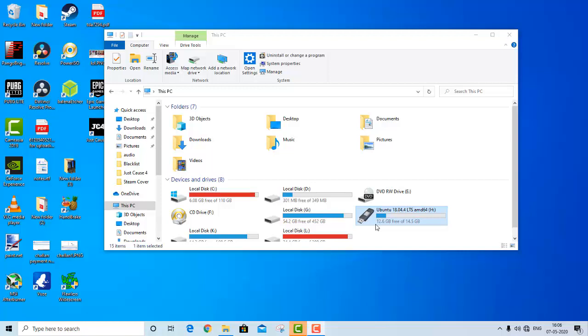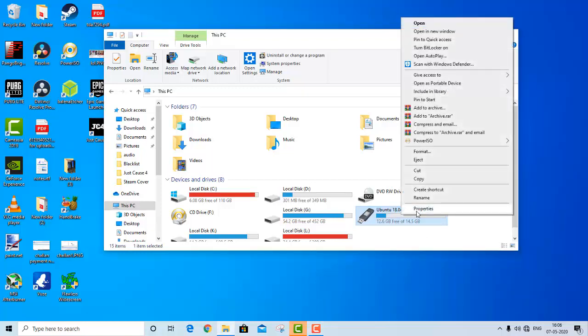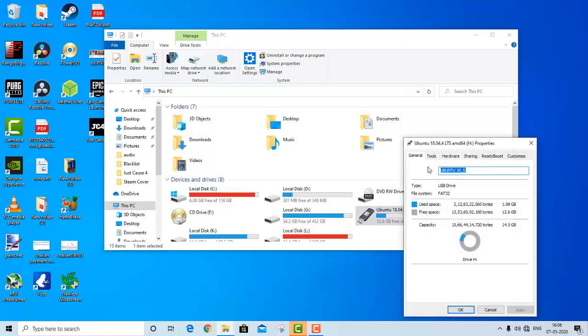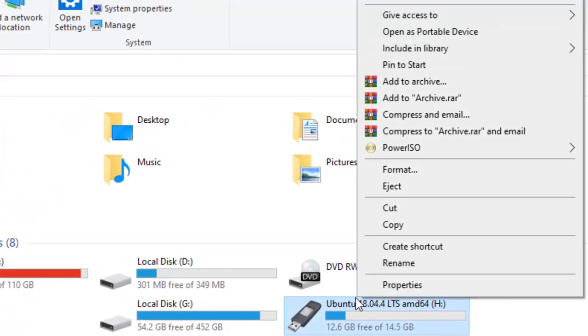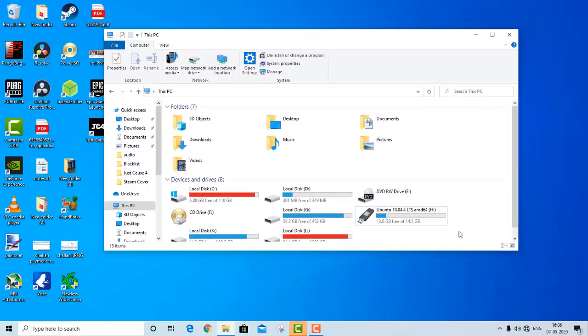So your 16 GB pen drive will become 3 MB after formatting it the default way which Windows shows you. So how can you format your Linux bootable pen drive?